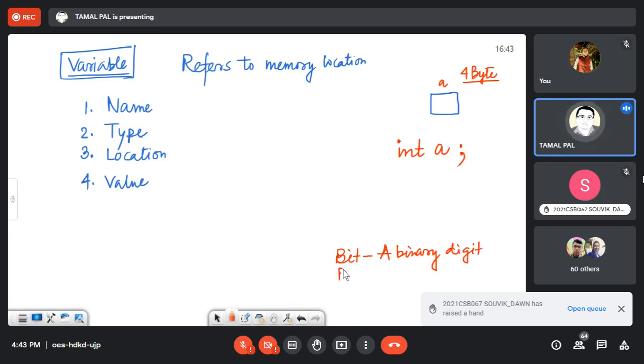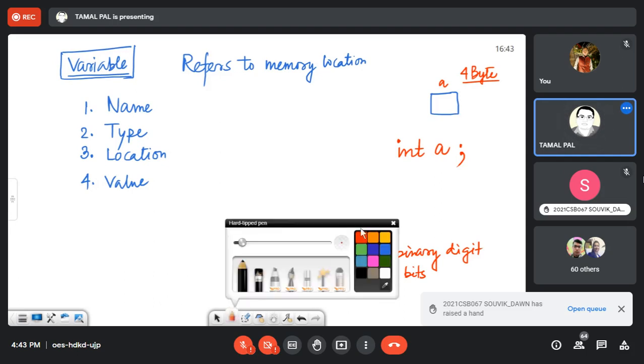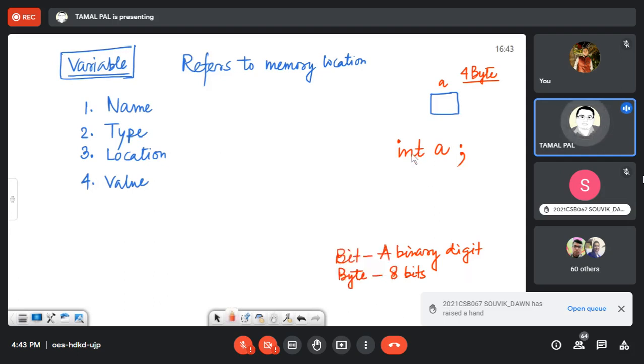And byte is nothing but a combination of 8 bits. And 4 byte means how many bits? 4 multiplied by 8, 32 bits. And for Windows-based compiler, the size of integer variable is 2 byte.